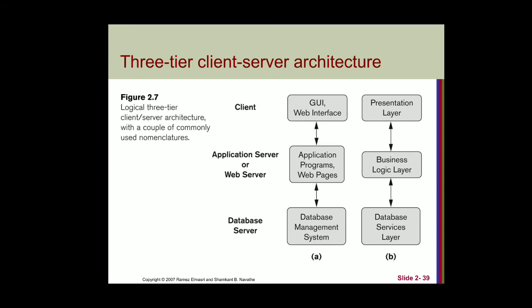Another way of considering these three-tier client-server architectures is that we have a presentation layer, a business or logic layer, and at the bottom a database service layer. At the presentation layer, we present the results. Whatever result we get from the database service is presented to the user in a different view format. In the middle, we have the business logic layer, which acts for security purposes. Whenever a client requests something, first it is authenticated, to check whether it is coming from a correct user.